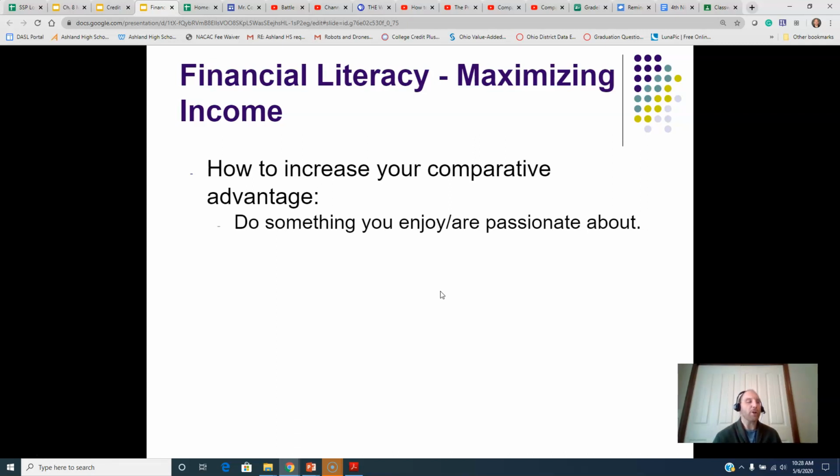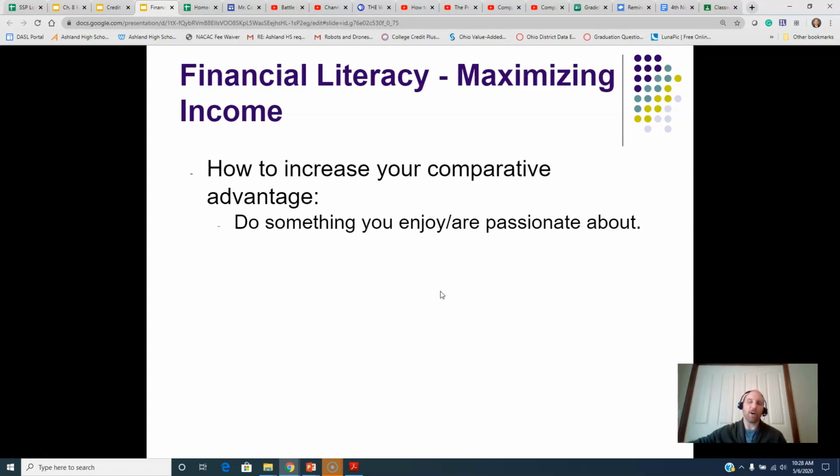And when you are trying to figure out what to do, and this is really the first step to financial literacy, it is understanding what you are going to be able to do to maximize income. What type of job, occupation should you be trying to specialize in? Where should you spend your time? How should you spend your time to learn to do a specific career? A lot of students,